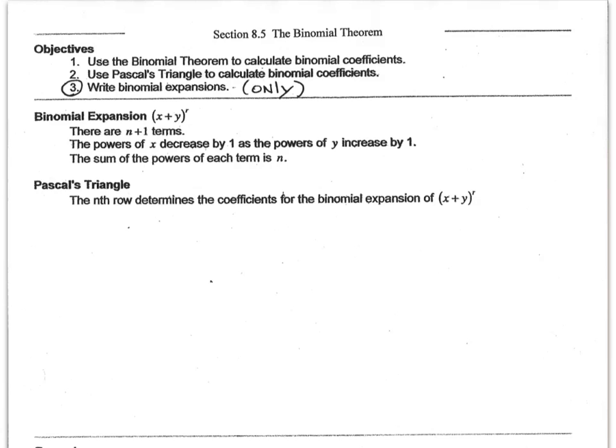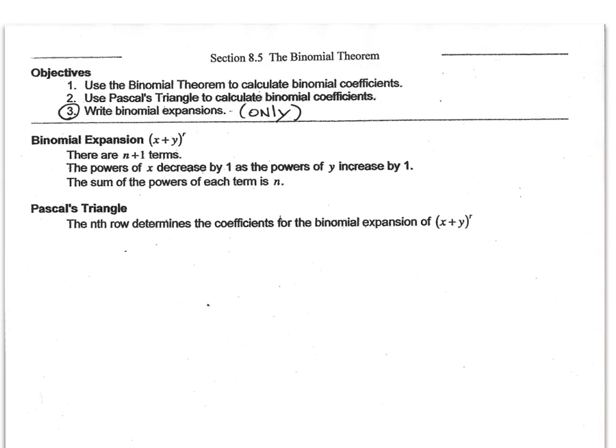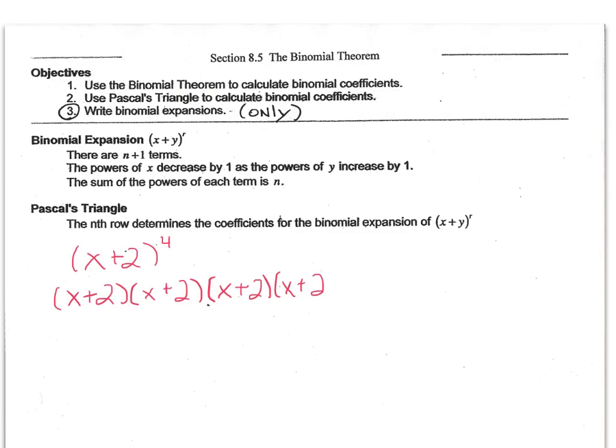These are the notes for 8.5, expanding a binomial. So in order to expand a binomial, x plus y raised to any power, we use Pascal's triangle to help us with the coefficients. This is instead of, let's say, we want to expand something like x plus 2 to the fourth. Instead of having to take x plus 2 and rewriting it 4 times and then FOILing it all out, we can use binomial expansion, so we have a much shorter way to figure out what this binomial would